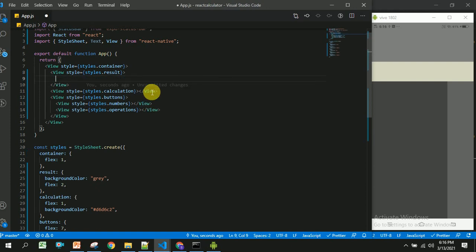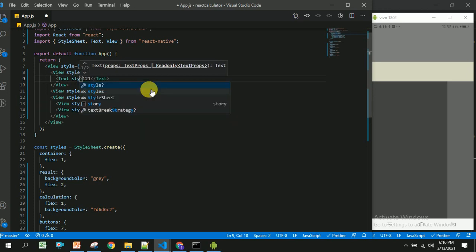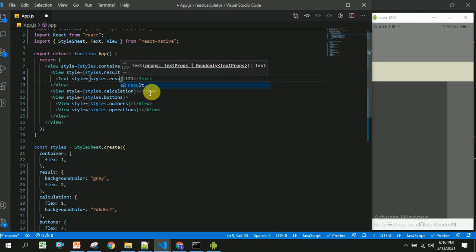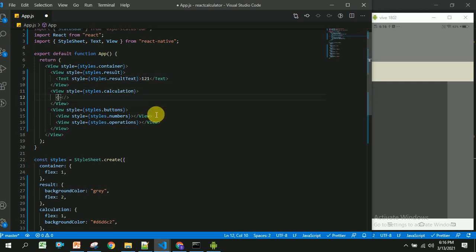For this I am going to use this text from React Native, and inside this text I am going to place some static result called 121 or something like that, and the style equal to styles dot result text, and inside this calculation I am going to create another text where I am going to use style equal to styles dot calculation text.